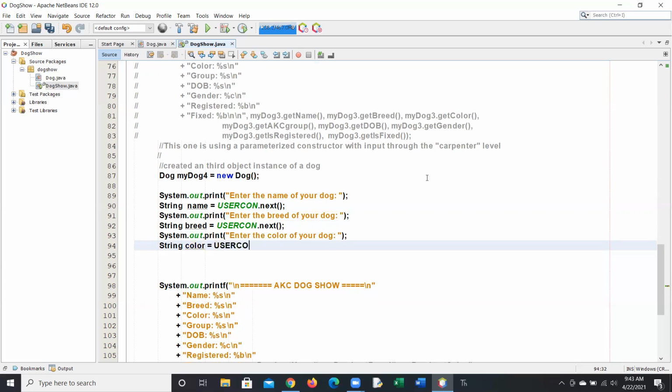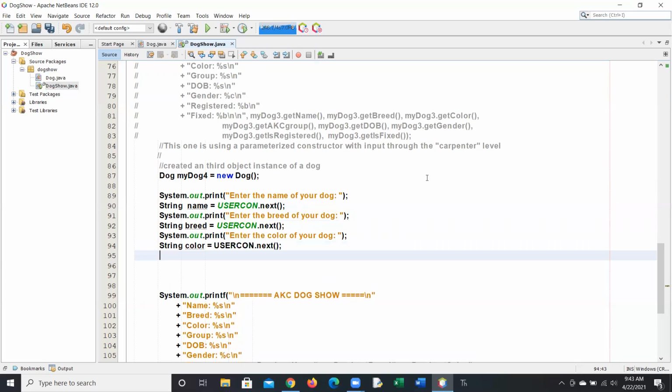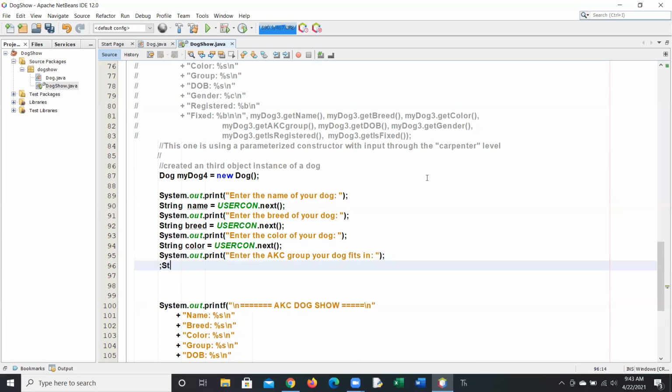So, and then we got group. What do I call it? AKC group equal to